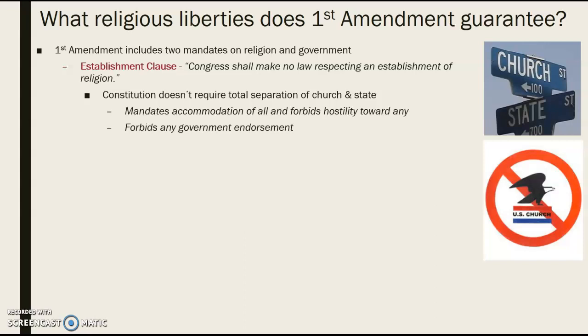But at the end of the day, the Establishment Clause makes pretty clear that while the founding fathers themselves may have been Christian, they specifically included the First Amendment Establishment Clause to say we are, and we might culturally be, very Christian, but the government itself cannot endorse Christianity versus any other religion, or religion versus no religion.